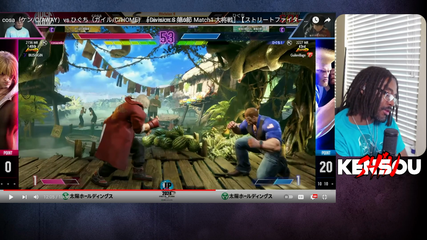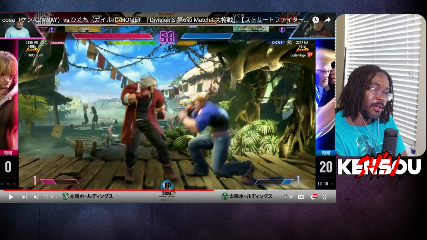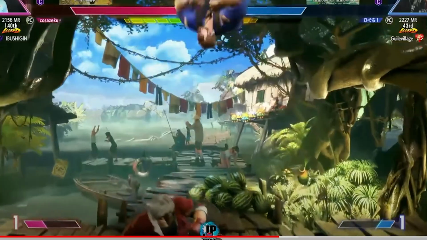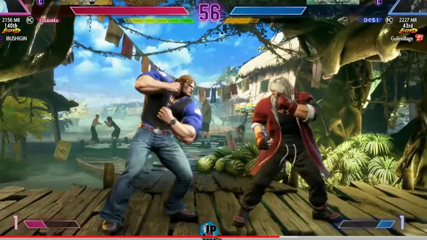And you know what's crazy? I'm gonna show you guys something here. Check this. Peep game on this. Right? Notice what happens here. Gets a jump over. Walks back away from that because he's looking for something. Right? Cosa could have easily